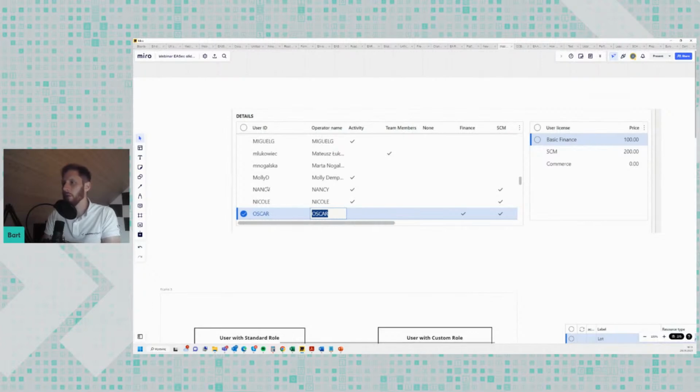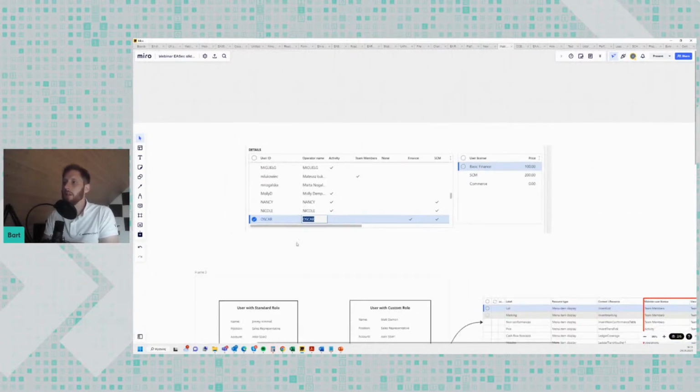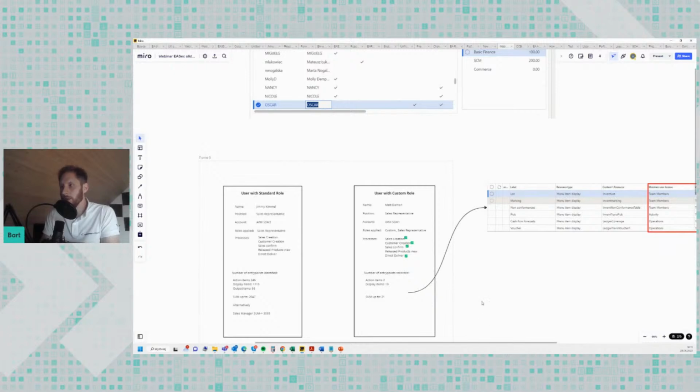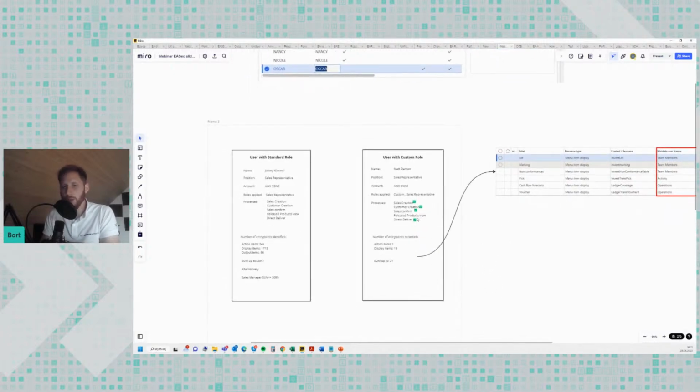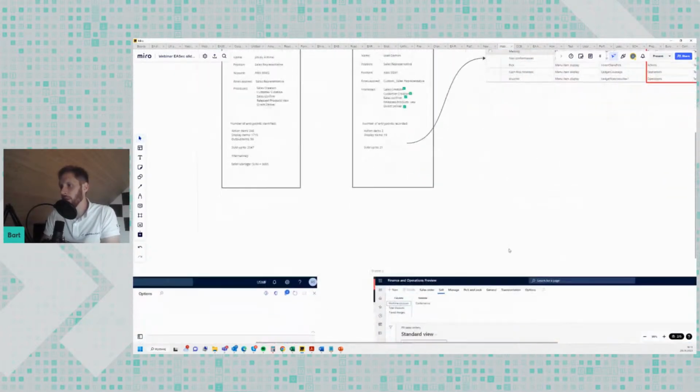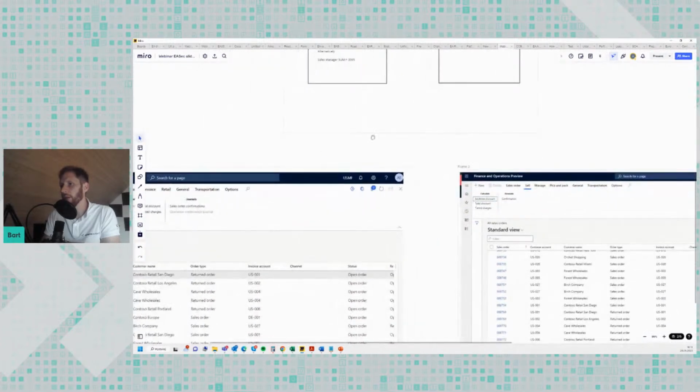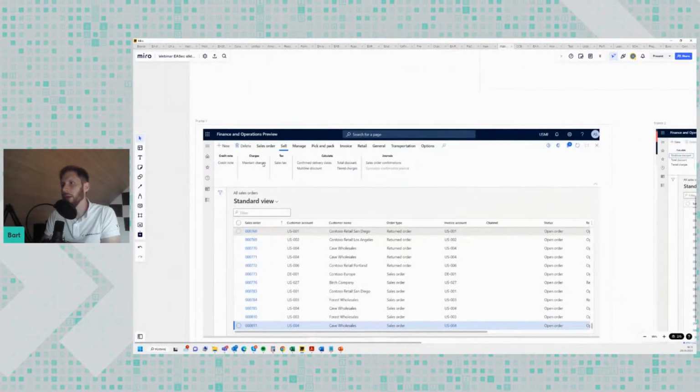We are extracting rows and entry points behind the rows. And then these entry points give you an idea if it is finance basic plus SCM attached, and then possibly commerce. So this simply says that the more access you have, the more processes you do, the more expensive you're going to be. Of course, if you have more access, you're going to be flooded with multiple elements, multiple forms, buttons